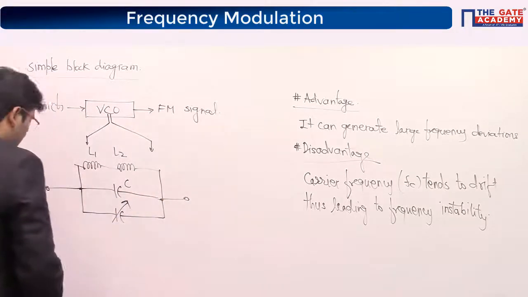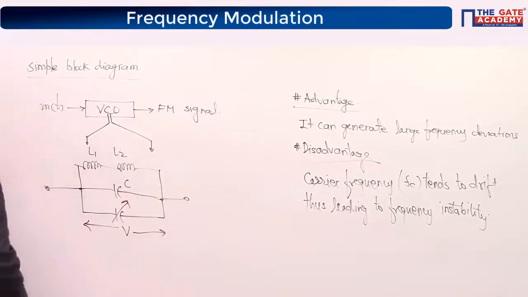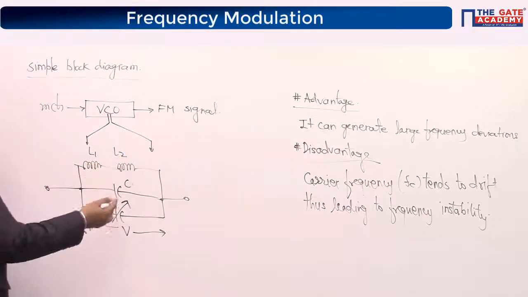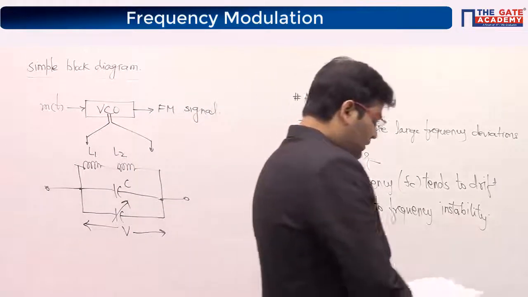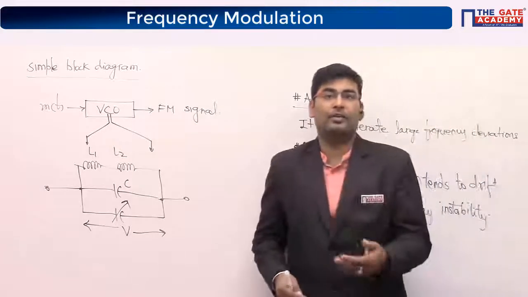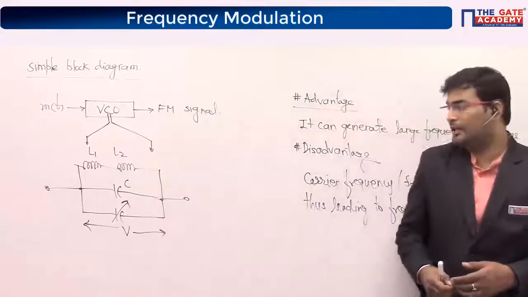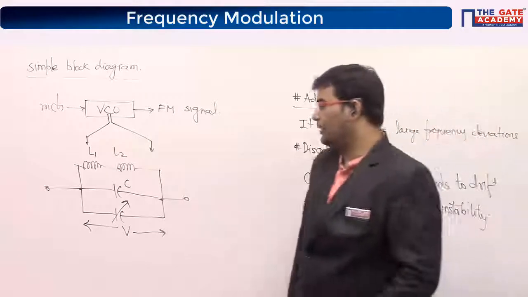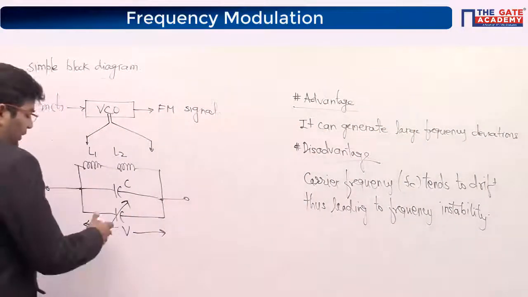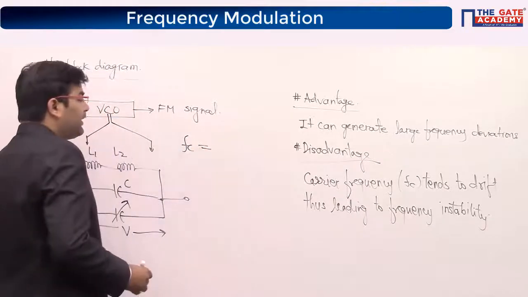Okay, and then you apply a voltage across this parallel circuit B. It says L1, L2 in series, a normal capacitor, and this is a variable capacitor. So guys, with a variable capacitor we can control voltage, but here we are controlling voltage by using a variable capacitor and not an inductor, just to correct you.